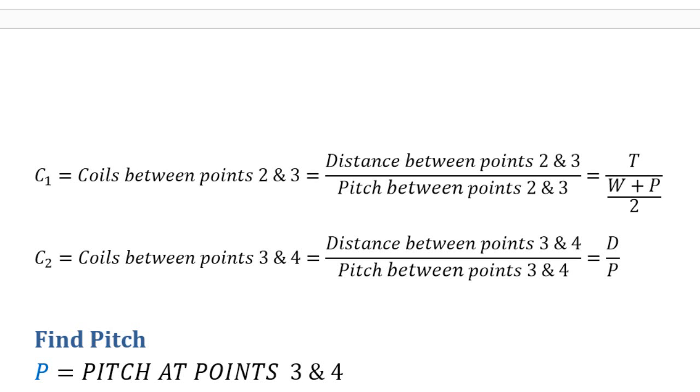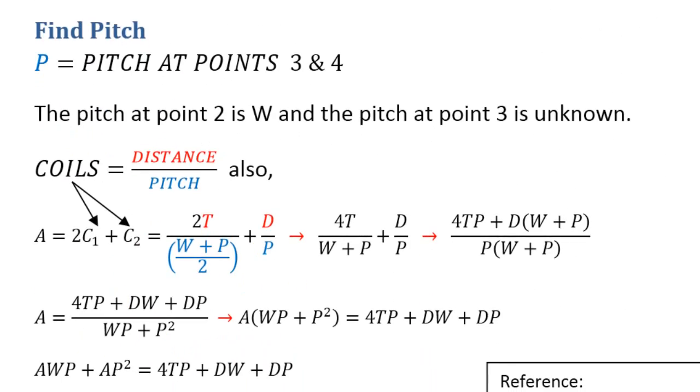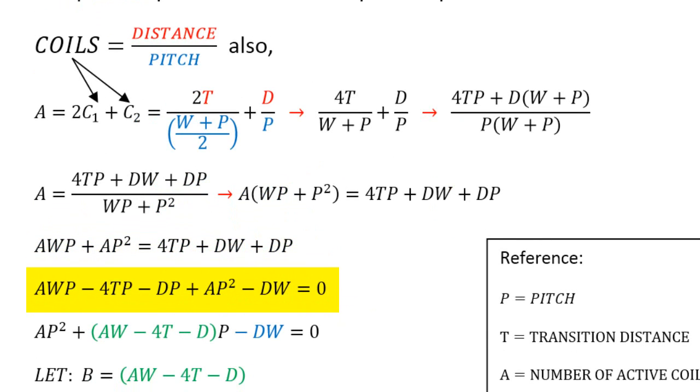So if we set A to be the total active coils, we can see that coil A equals 2C sub 1 plus C sub 2, and if we do the equation, do the math, simplify,